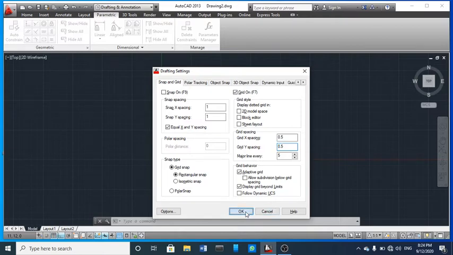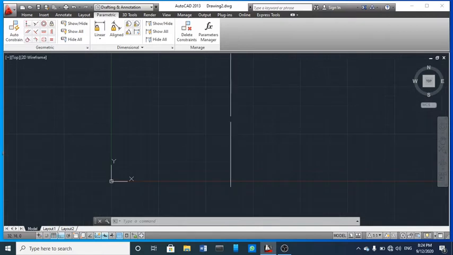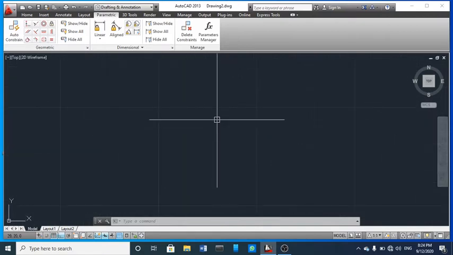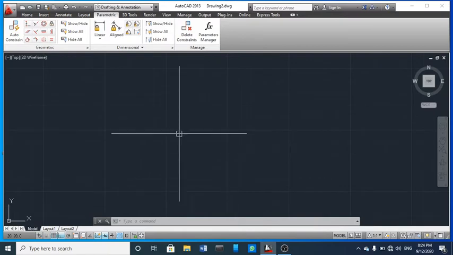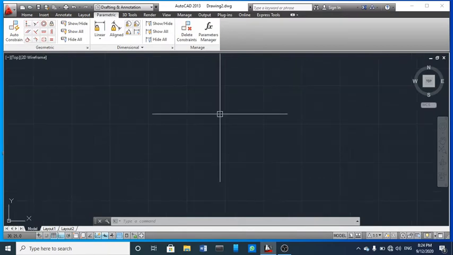Once you click okay, then you can see each contains 1, 2, 3, 4, and 5 units for the x axis as well as 5 units for the y axis, 0.5 and 0.5. So it will come out 1 by 1, 1 unit each.